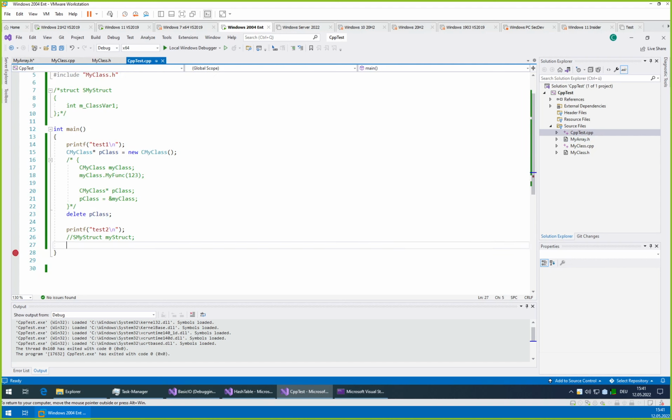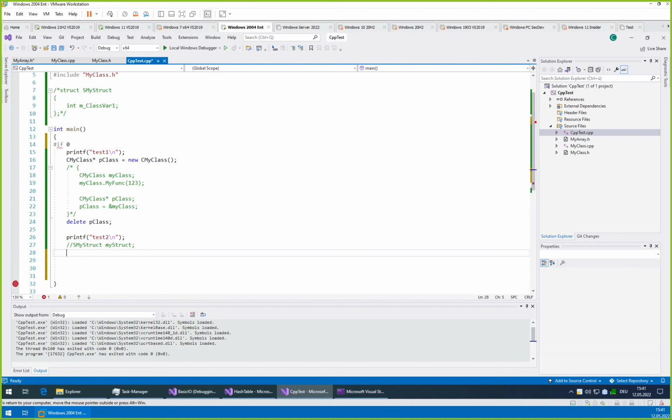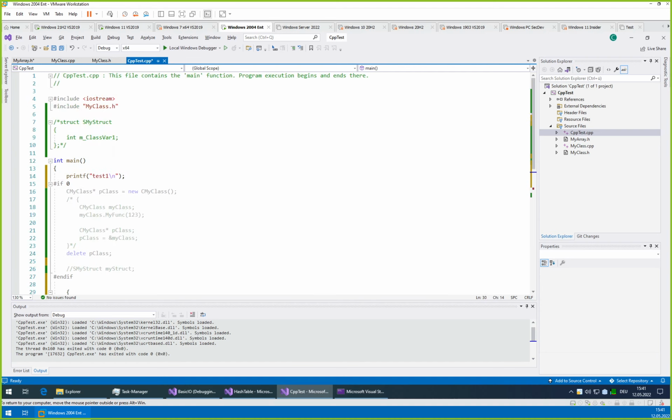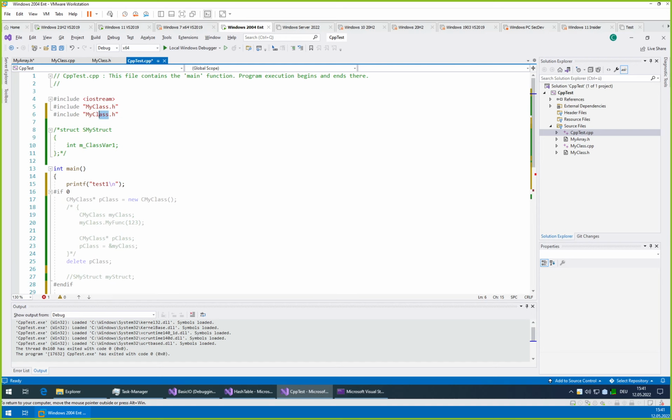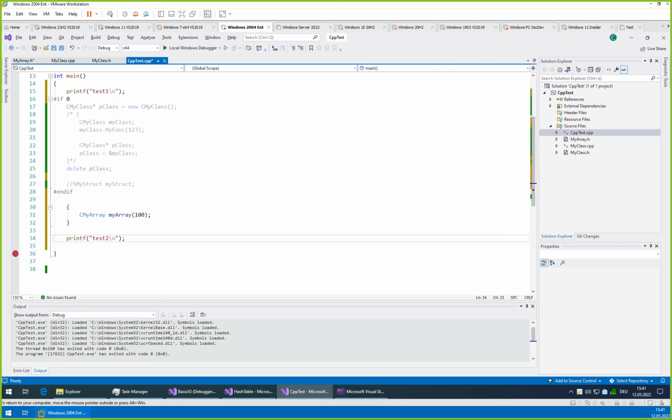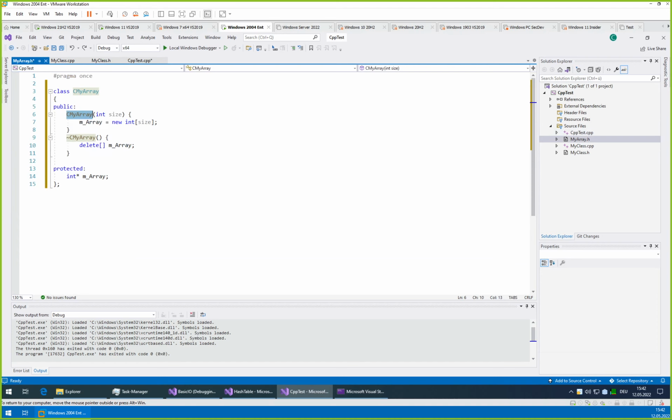So we can use it here. Let's create. Should we turn this off? Yes. If 0. My array 100 elements. Let's put that in a scope again. Okay, maybe we should actually put these prints here and here because we will always want to see them, and we need of course to include our new object, my array. Yes, and the nice thing is that we can say the breakpoint on the delete.